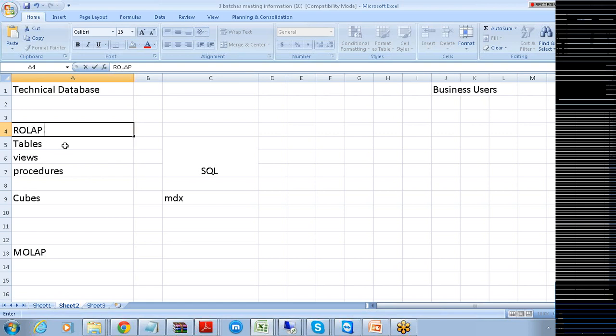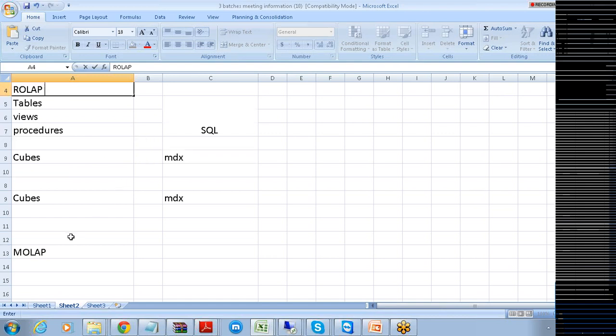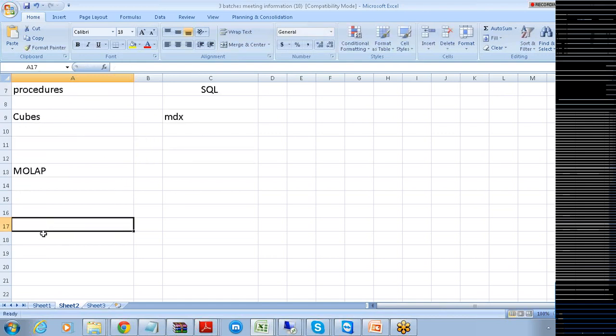Suppose a particular reporting tool supports both ROLAP and MOLAP, then we call such OLAP HOLAP, which is hybrid OLAP.